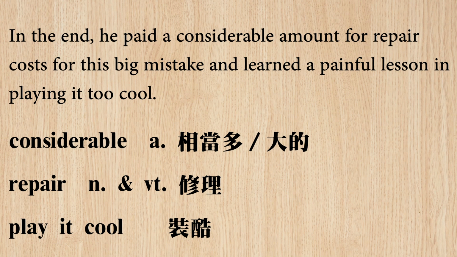He paid a considerable amount for repair costs for this big mistake and learned a painful lesson in playing it too cool. 所以最后 in the end 就到了最后呢，我们最后要出现了这个 solution，对不对？好，in the end 到最后 he paid a considerable amount for repair costs。这里的话 considerable 要特别注意，就是量非常大的、很惊人的大量的 considerable amount of money, I think, for repair costs。后面讲的是修理费要赔了一大堆 for this big mistake。he and learned a painful lesson in playing it too cool，意思就是他为了这个耍帅的代价呢，付出了非常昂贵的代价。So I practiced writing my solution for this story, and I said, okay,